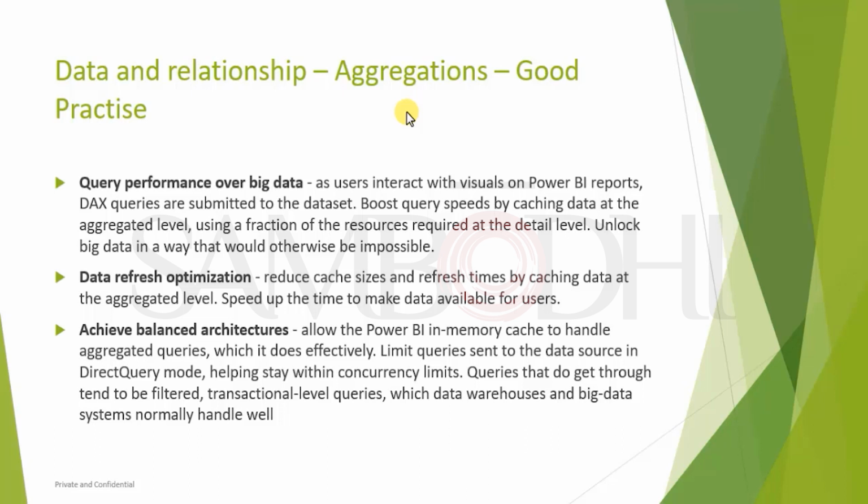So please ensure you have that kind of balanced architecture. Queries that do not get through tend to be filtered. Transactional level queries, which require a data warehouse or big data system, are normally handled well. So these are certain good practices which we need to keep in mind when we design a Power BI dashboard